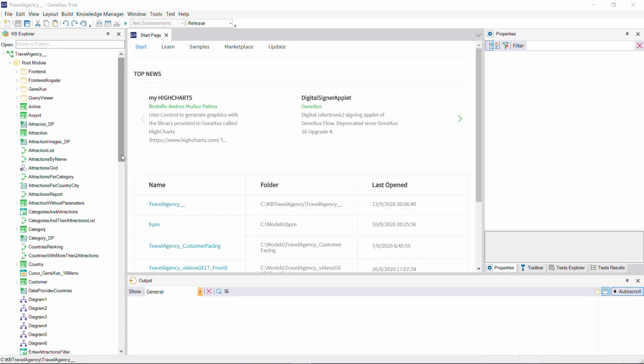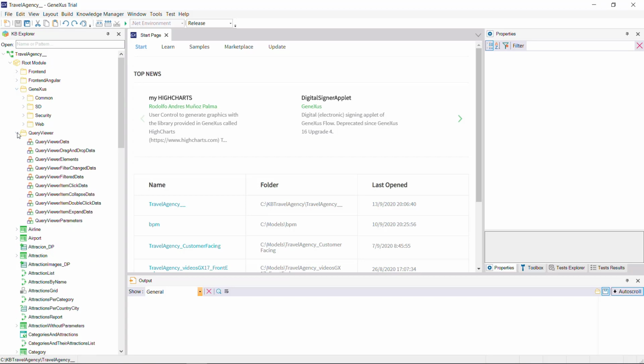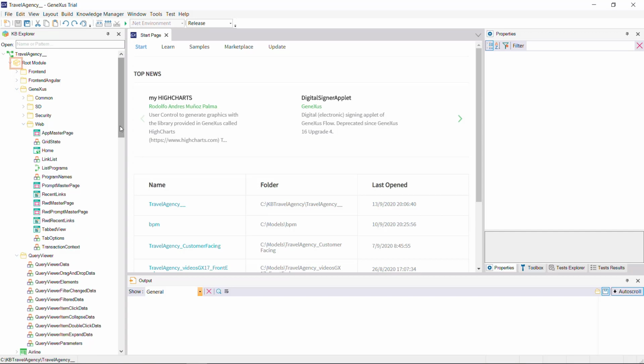When we create a knowledge base, the root module is created, and, by default, all the objects we create remain in that module. Modules and folders aid us in organizing objects. However, there are conceptual differences between modules and folders. Modules help in encapsulating and modularizing parts of the KB, with the possibility of determining which objects are visible from other objects and which are not, as we'll see later.